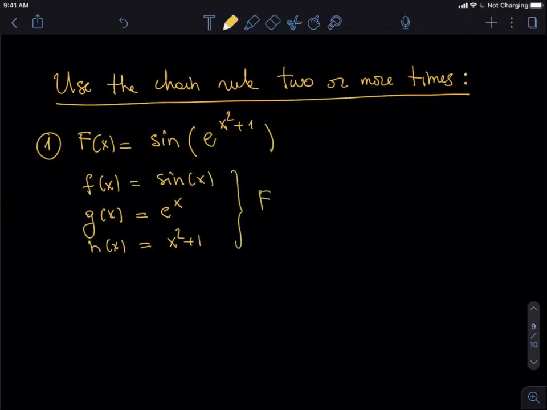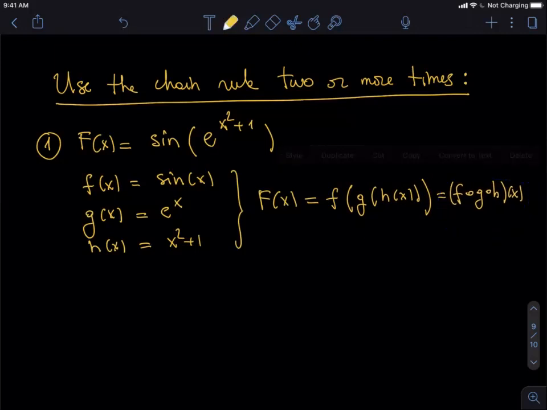Written like this, f of x is lowercase f of g of h of x, and then close all the parentheses. Or we could write h composed with j composed with f. It's the same. Let's create some space here. Okay, so the derivative,